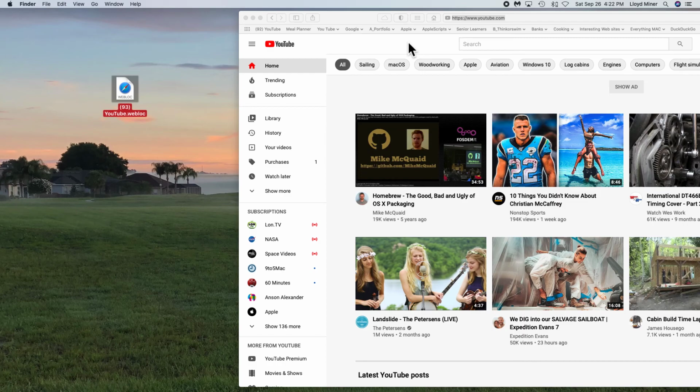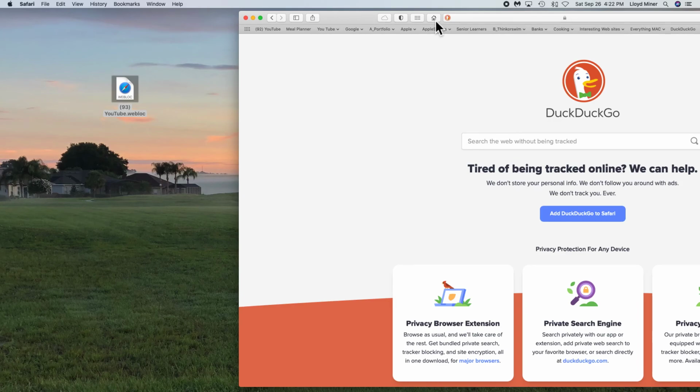So again, I'm going to come back over here. I'm going to click on the home button that I have right here. You might have one up here. If you don't, you should have, and you can put one there. If you don't have a home button somewhere up here,